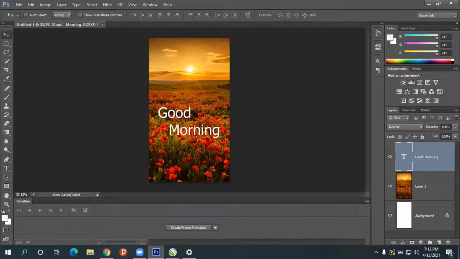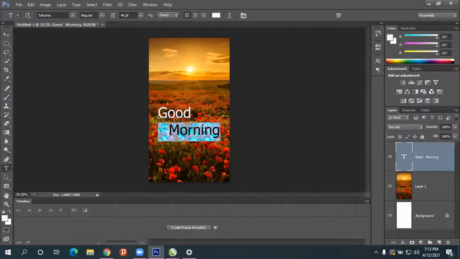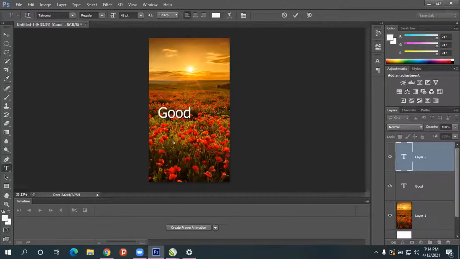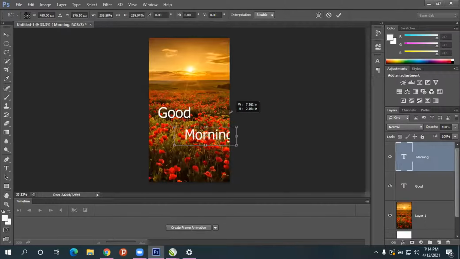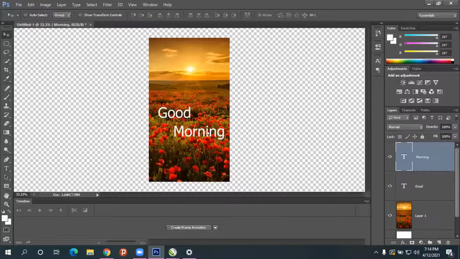But this morning I want in a new line, means take text tool, only select that morning, Control X. Again you click to make a new layer, Control V. And take move tool, press Control T and make it bigger as you like. So this much you got it. This already you know, no?